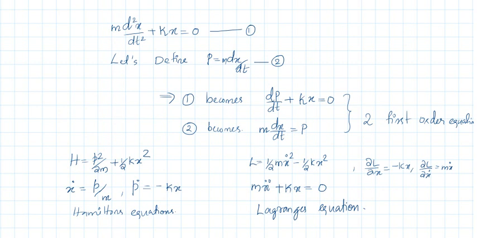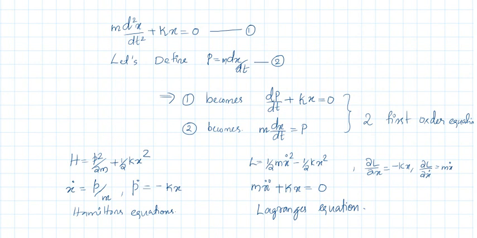For example, in the case of harmonic oscillator, the Hamiltonian is p square by 2m plus half kx square. And the Hamilton's equations are x dot equal to dou H by dou p, which is p by m, and p dot equal to minus dou H by dou x, which is minus kx. These are Hamilton's equations. Okay, and the Lagrangian is half m x dot square minus half kx square, and Lagrange's equation,